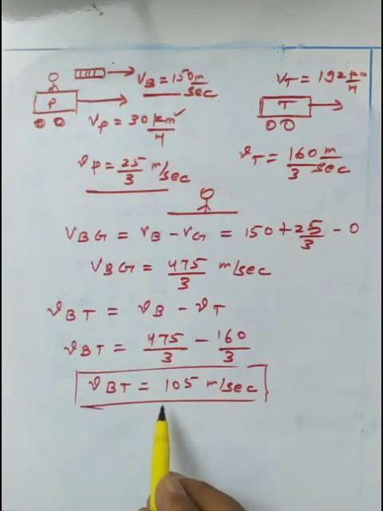So this is the velocity of the bullet with respect to the thief's car. It should be greater than the velocity of the thief's car, otherwise it will not hit the thief's car. Here we have used the concept of relative velocity in one dimension. We have so many questions, and we can complete them. These are the sample questions and the topic.